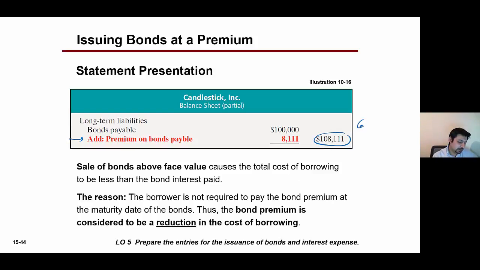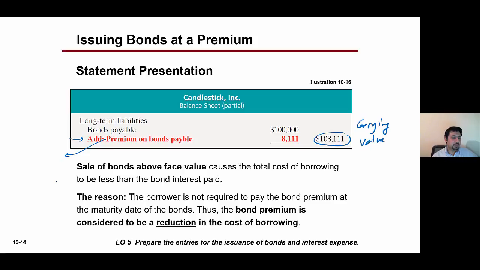So this is the carrying value, and this premium here is the unamortized premium. This is the amount of premium that the company did not amortize yet. We will talk about amortizing premiums later on, but this is the amount that the company needs to allocate to the life of the bond itself,